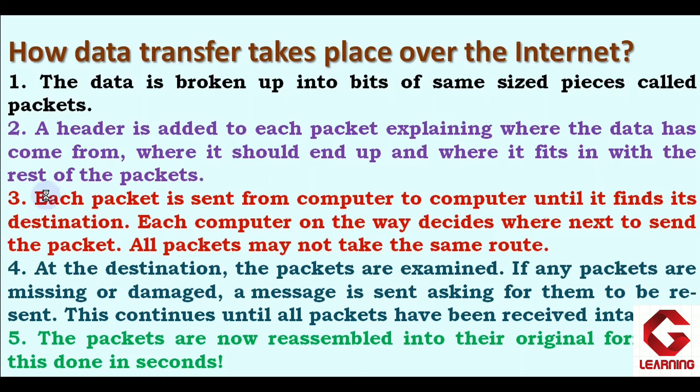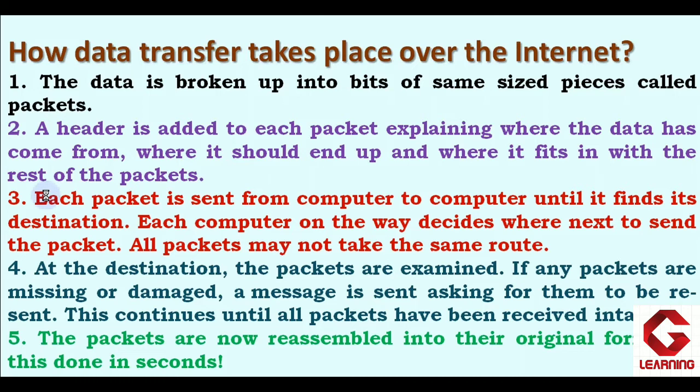Before this, just understand one thing: whenever we connect our device to the internet, our device gets one unique address, and that unique logical address is called the IP address, Internet Protocol address. Over the internet, for all types of communication, only this IP address is used. Two versions of IP address are there: one is IPv4, IP version 4, and the second is IPv6, IP version 6. So as we connect our device to the internet, one unique address is assigned to our device, and that is the IP address.